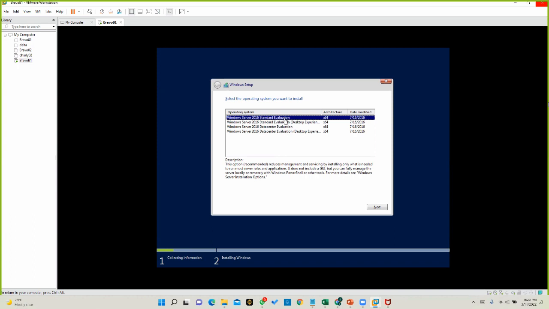So that's it, right? But ultimately all the main functions are the same, right? Irrespective of whether you select the core operating system or the desktop operating system, feature-wise it's equal, but it does not have a GUI edition, right? So today we are going to install the desktop edition. And let me know, bro, what is the difference between standard edition and data center edition?